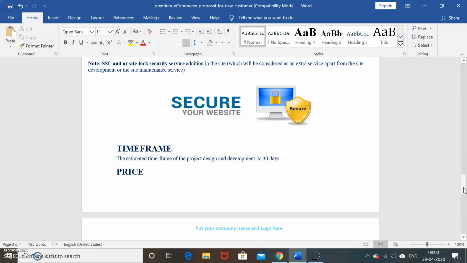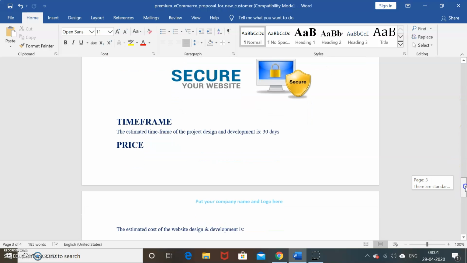Because of SSL and site lock integration, at least the customer can understand via the site lock if someone is trying to hack the site or anything like that, and this can be sorted as well. So these are the things that can be taken for the safety or security service.